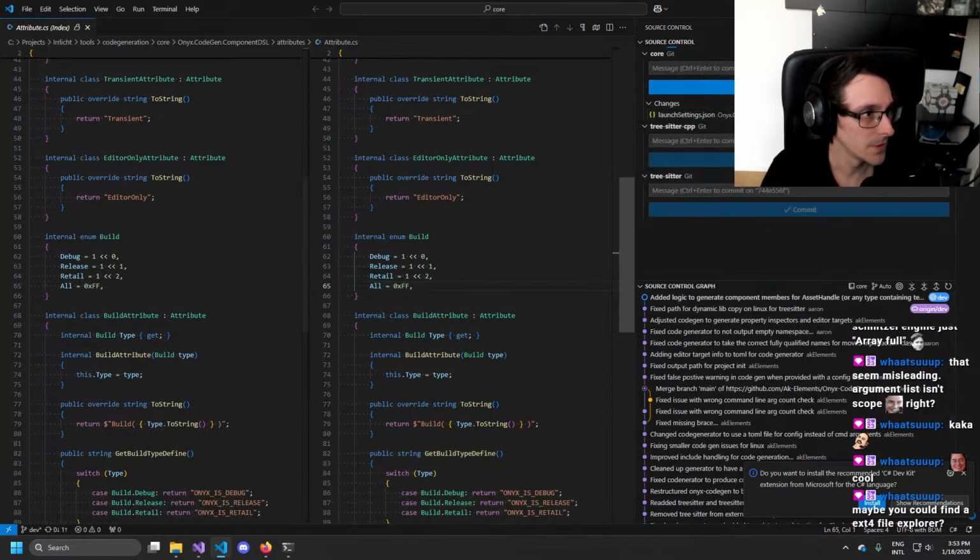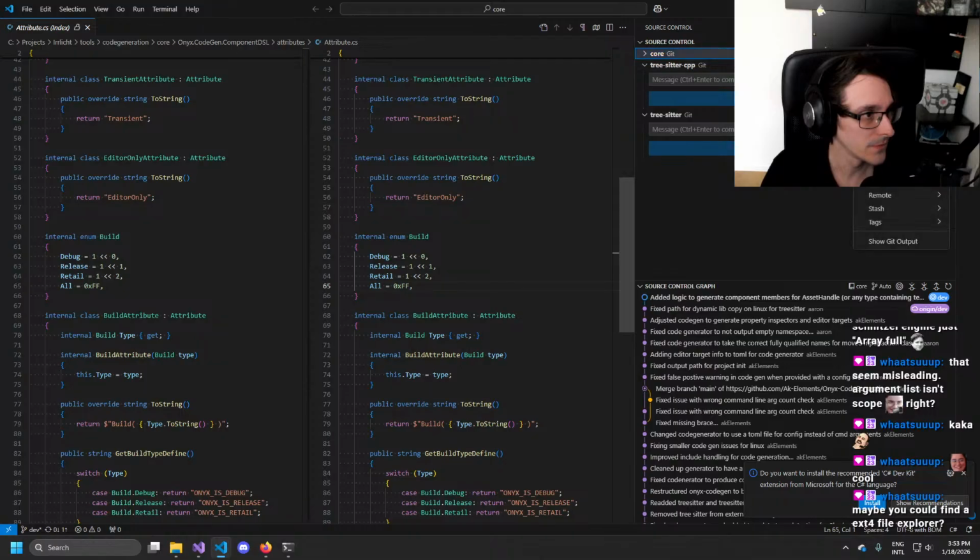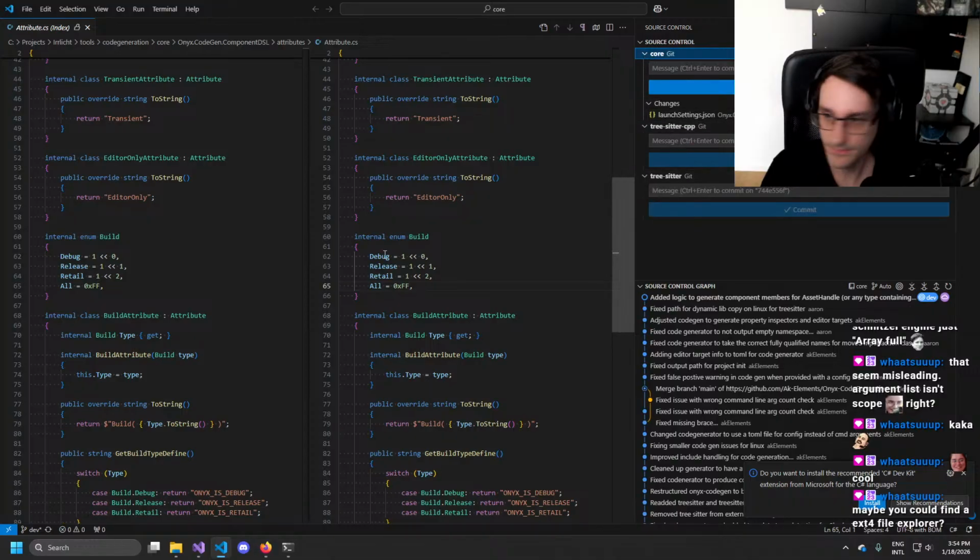Cool. And then we push. I could push, of course, over the command line, but where is the fun in that?